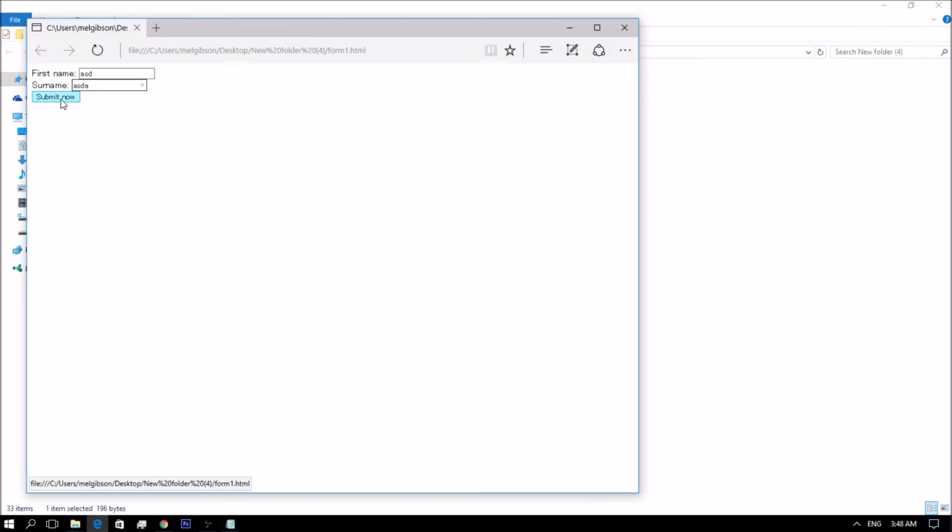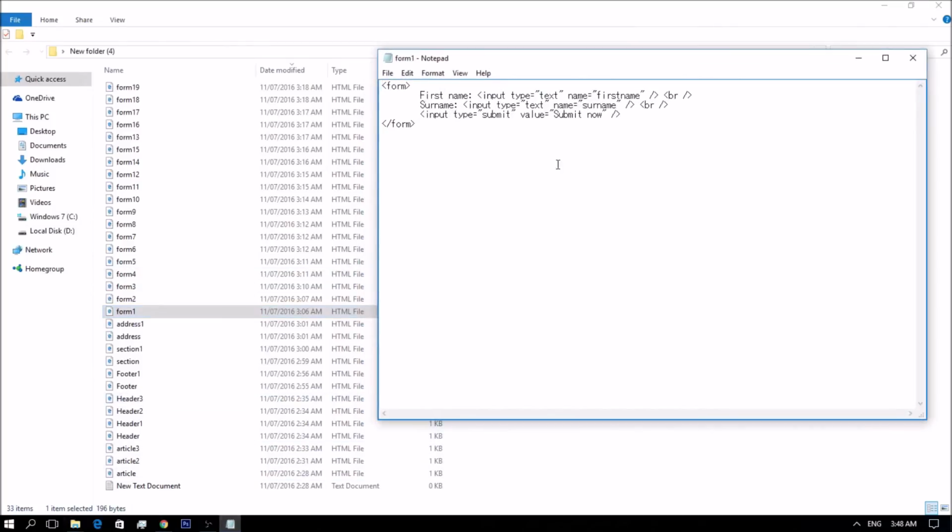So a response page is sent back to the browser. So let's now create our first form. So for example, I have here, I don't use the standard HTML because it runs like this.